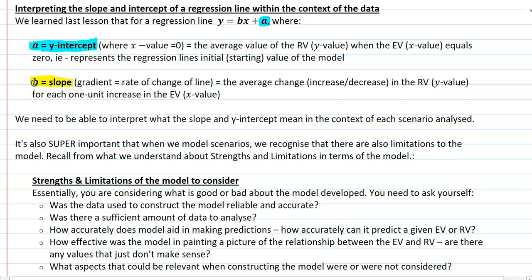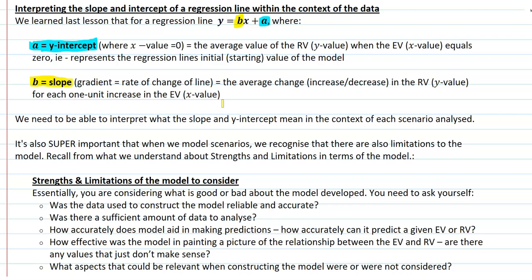For our slope value, remember, that is the gradient or rate of change of the line. And we're looking at the average change, whether it's an increase or decrease, in the response variable for each 1 unit increase in the explanatory variable. And we need to be able to interpret what those slope and y-intercept values mean in the context of every